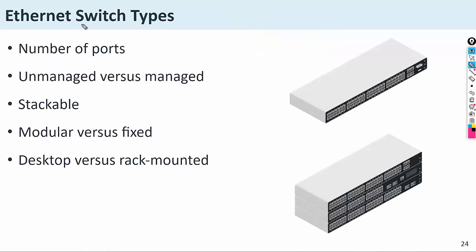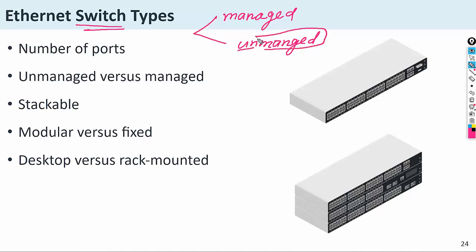When we talk about switches, there are generally two types. One is managed, another is unmanaged. Unmanaged means, as its name says, you cannot manage it. But a managed switch, yes, you can manage. So what can you manage? In the sense of unmanaged, you just go to the market, buy the switch, put it in the rack and connect the cable.